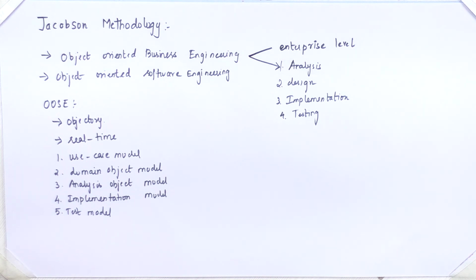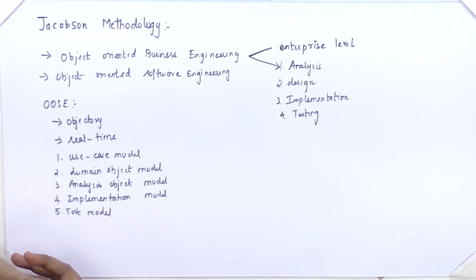In today's class, we have seen about 3 major popularly used methodologies. One is the Rumbaugh et al. methodology, another is Booch, and the other is the Jacobson methodology. Among these 3 methodologies, the Jacobson methodology is the widely used one because it has a variety of models for developing software. You will have the use case diagram, state transition diagram, object diagram, class diagram, and domain model diagram. All these are the models you will be using in the Jacobson methodology